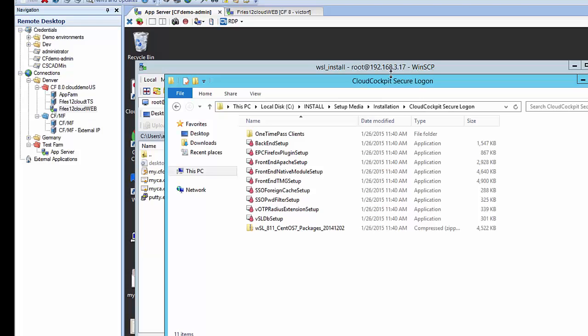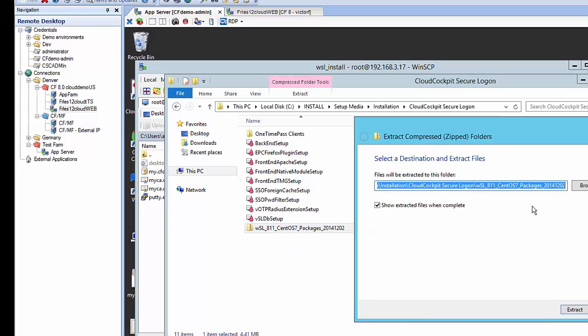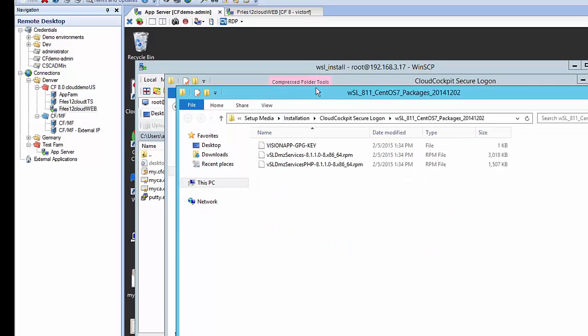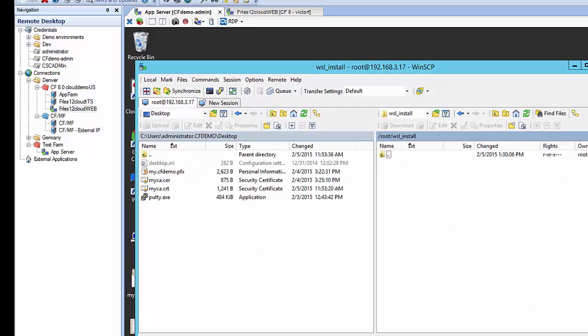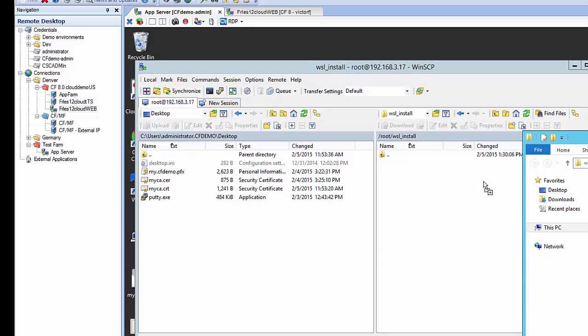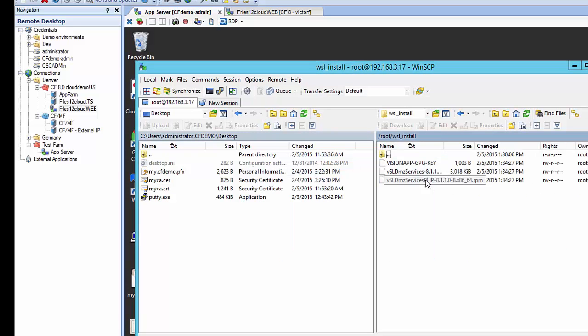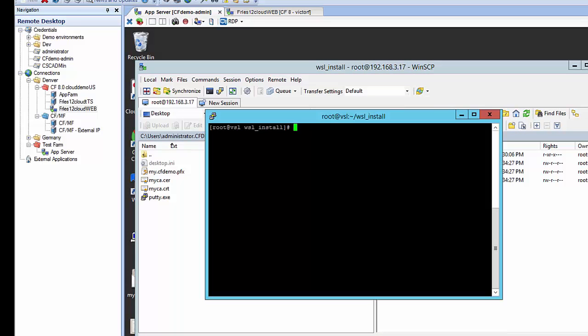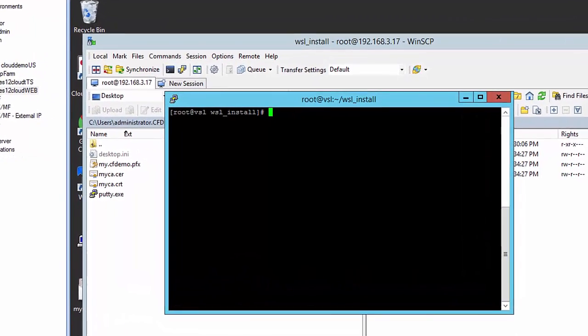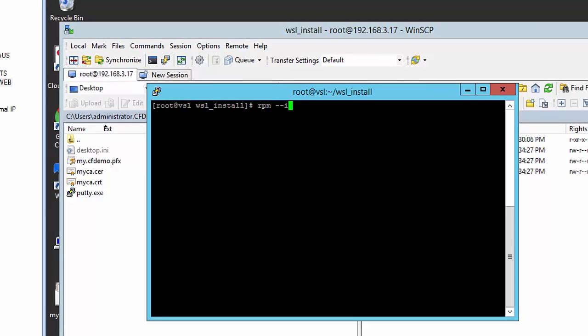Now we have to install and configure the WSL frontend components. From the setup media, let's uncompress the CentOS 7 packages and transfer them to our Linux virtual machine. I created an install folder just for us to easily find the files. So let's go back to my emulator, and now let's do the rpm --import